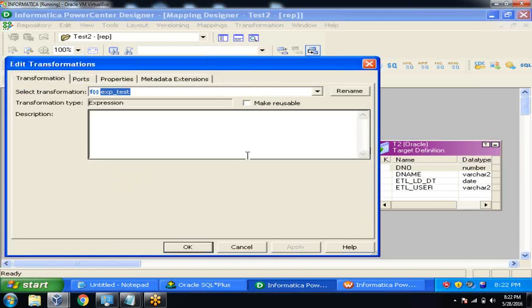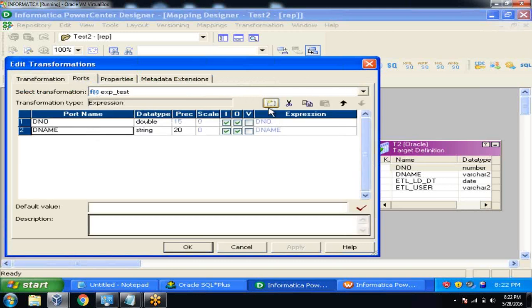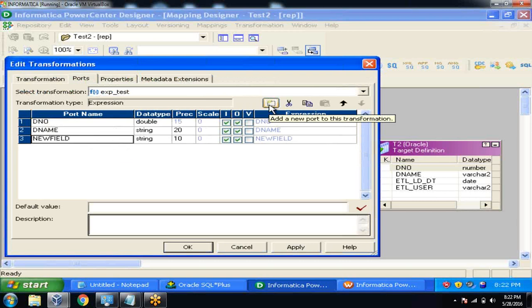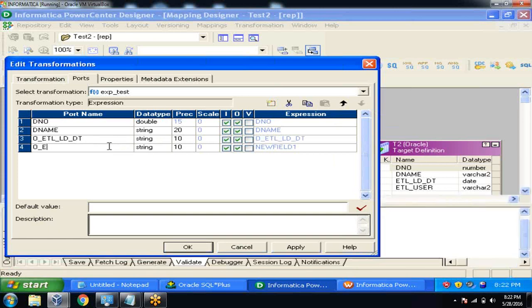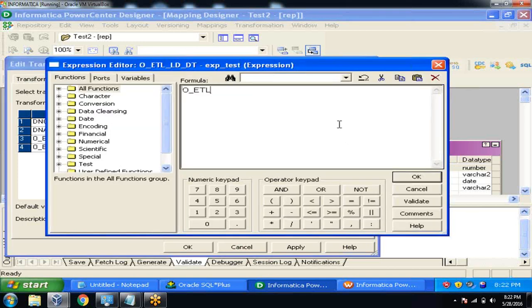Now double click on expression, go to the Ports tab. Here an icon is there. O underscore ETL underscore load date. O underscore ETL underscore load date is date. So disable the input port, then only the expression is enabled. You can write here. System